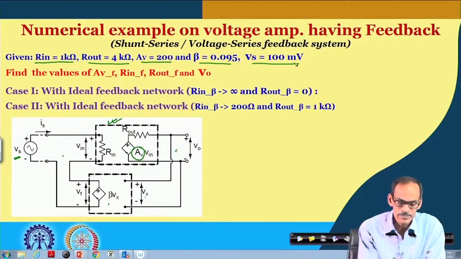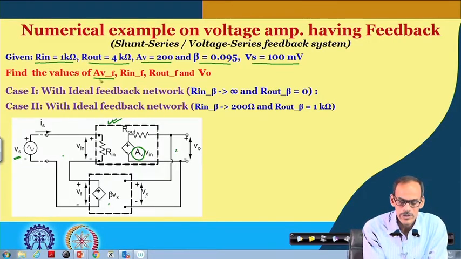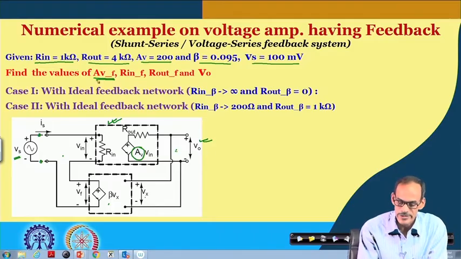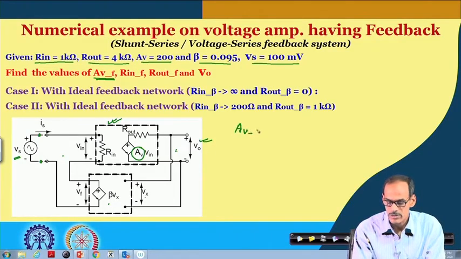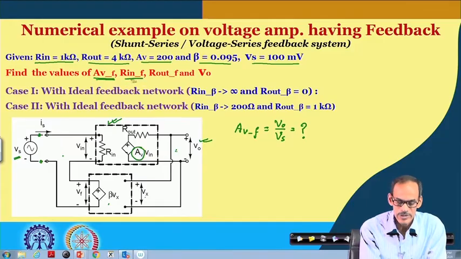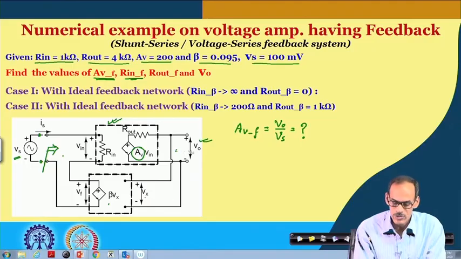We need to find the value of the voltage gain from the primary input to the primary output, denoted by AVF and defined by VO divided by Vs. So, we need to find what will be this ratio. We also need to find what is the input resistance of the feedback network, and also what will be the corresponding output resistance of the circuit,